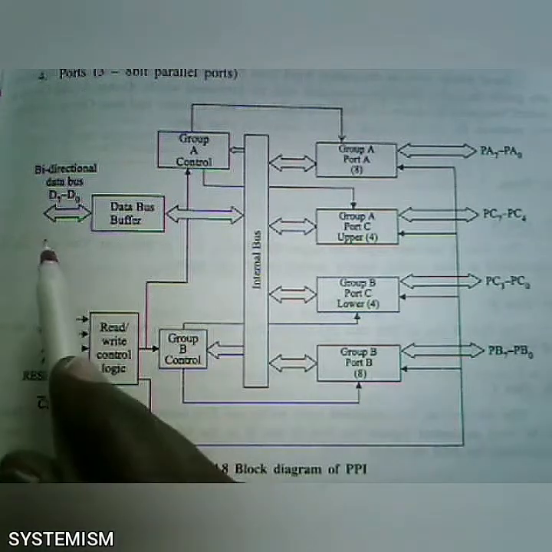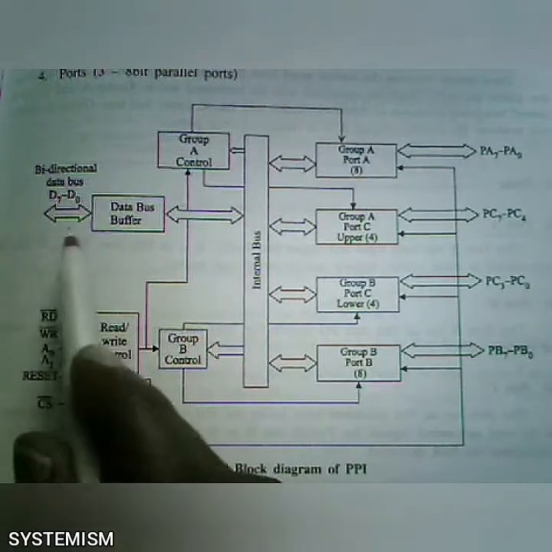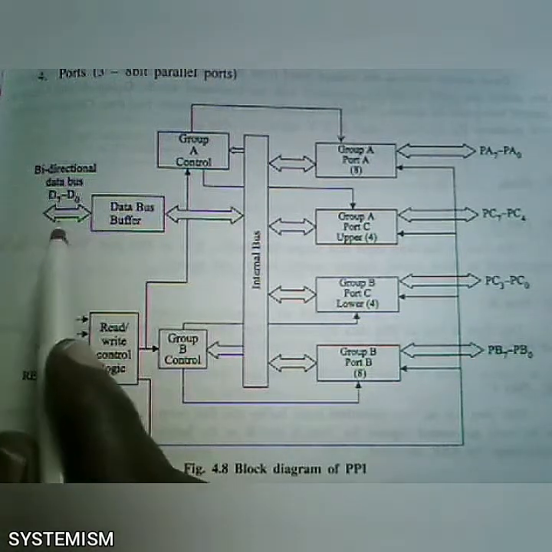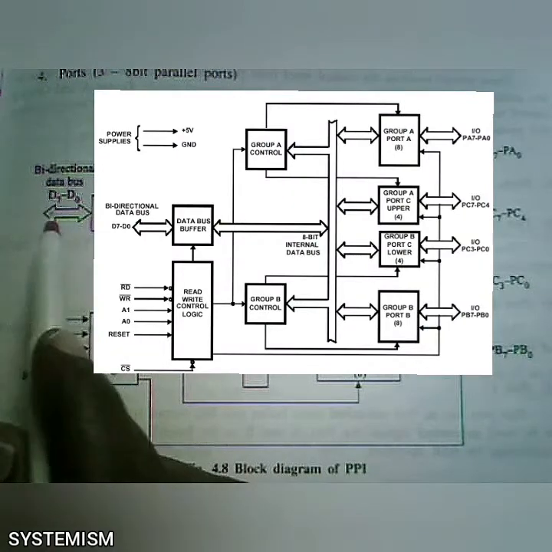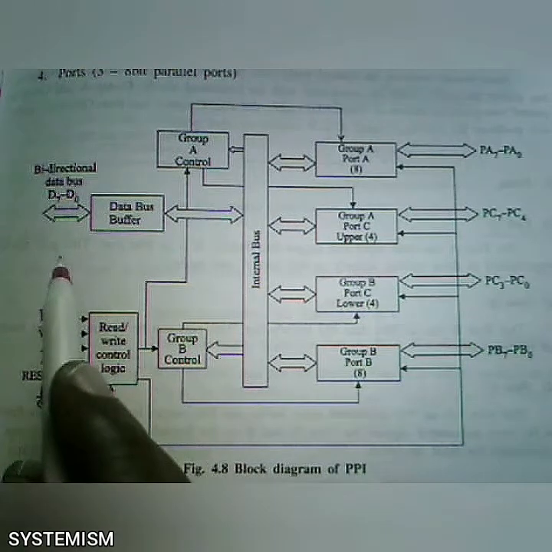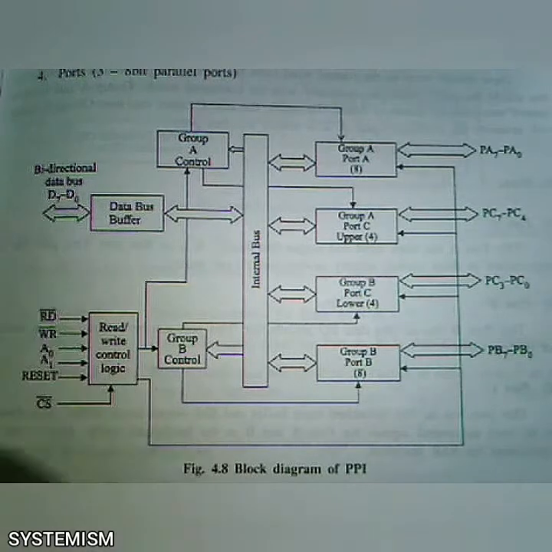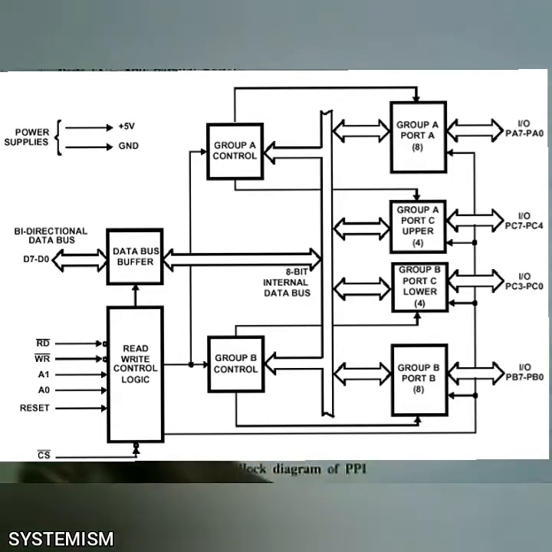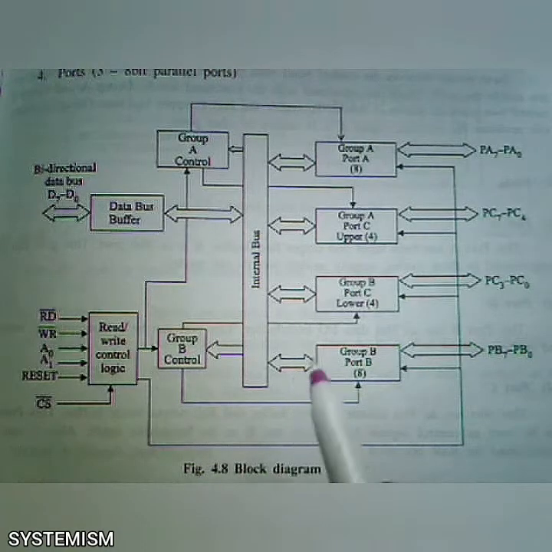Why, sir, can't we directly connect the IO device with the microprocessor? You can also ask it like this, isn't it? You have only D0 to D7 data pins in an 8085, so the total number of data pins is only 8. So we can't connect more IO devices with this 8085 microprocessor. So we want this 8255 programmable peripheral interface for connecting different IO devices.